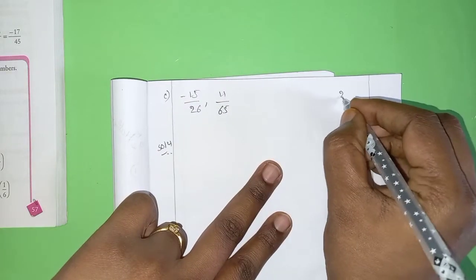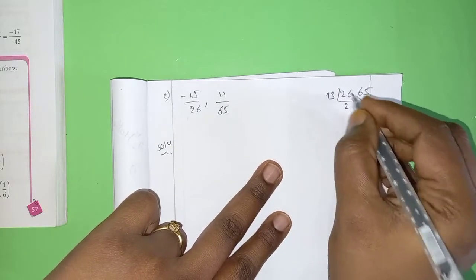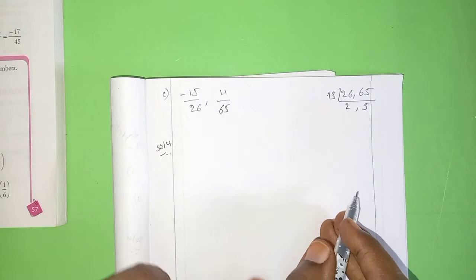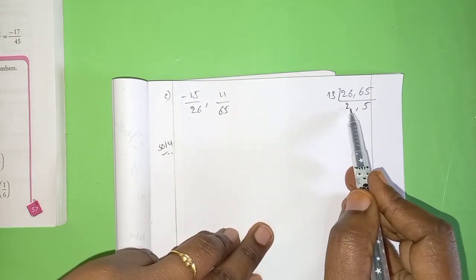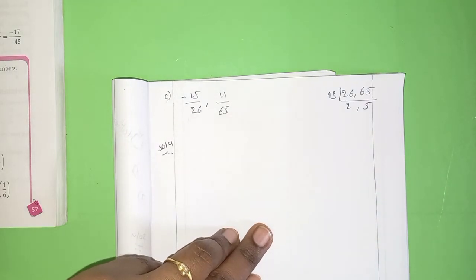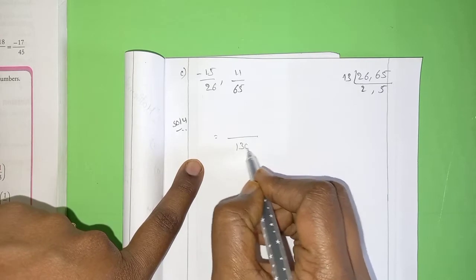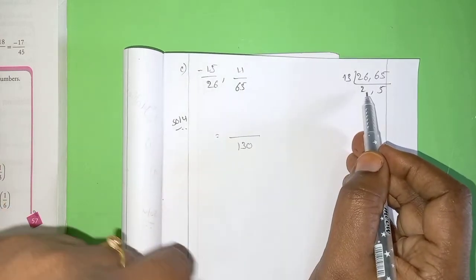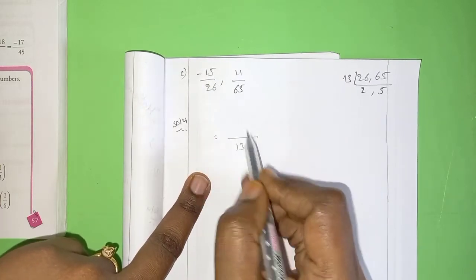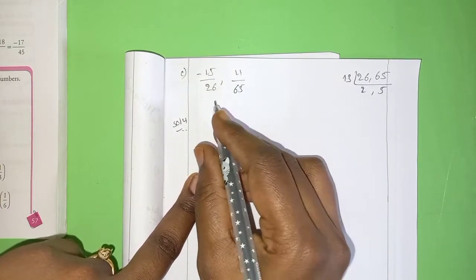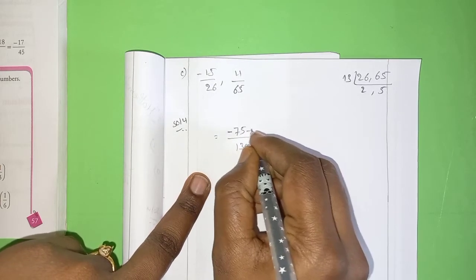Take the LCM of 26 and 65. 13 twos, 13 fives. 13 twos are 26, 26 fives are 130. So the LCM will be 130. Now 26 fives, 15 fives are 75, plus